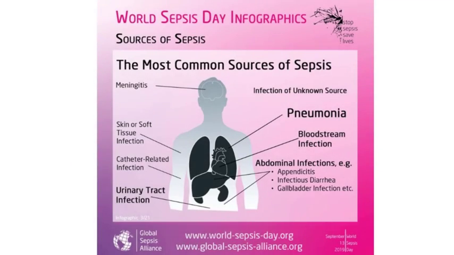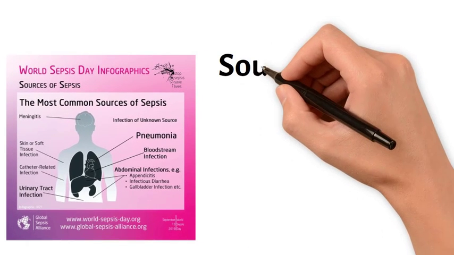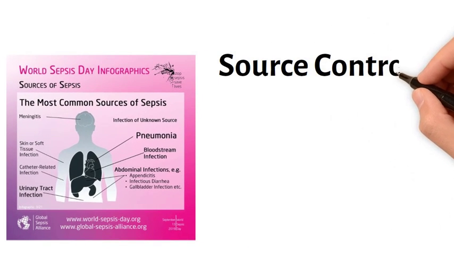Antibiotics are an important part of treatment, but you must also achieve source control to eliminate the source of infection. The most common cause of infection leading to sepsis in our patient population is skin or soft tissue infection. However, consider additional sources of infection, which can include meningitis, urinary tract infections, or an abdominal infection like appendicitis or